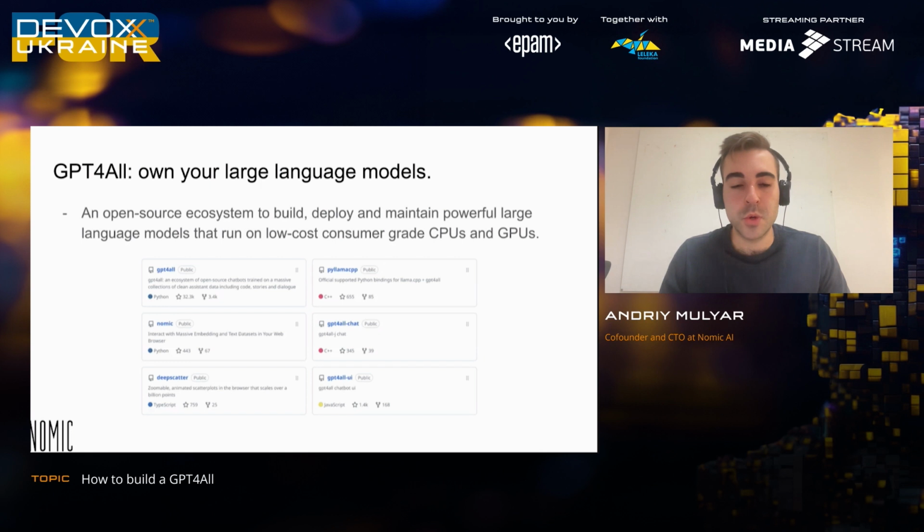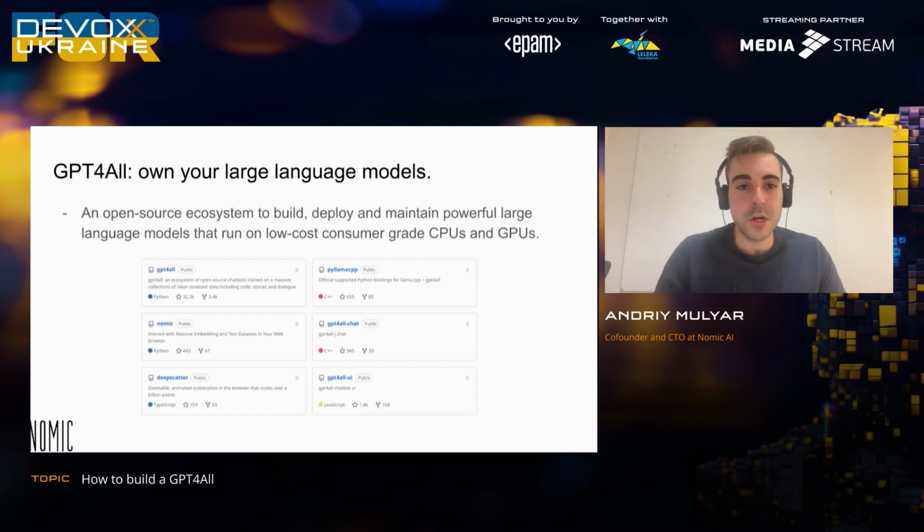We reached, I don't know, like 20,000 stars within the first 2 days. We're at like 52,000 stars in the repository right now. There's about 50,000 people using the code ecosystem to run their own large language models locally on their own machines. And the rest of this presentation tells you how you can go about doing this yourself.